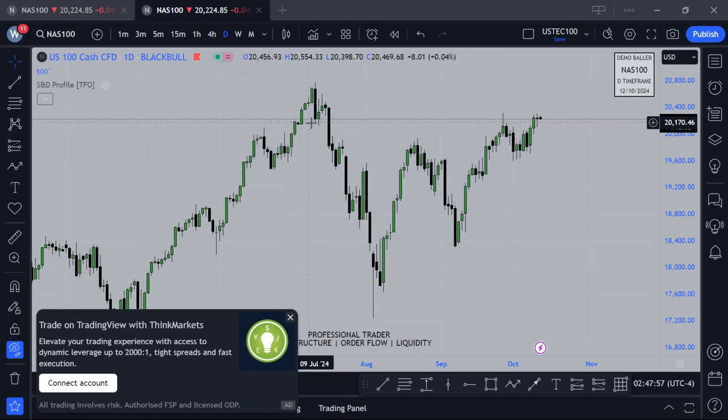But then liquidity was resting below this low. We had a pullback, we took out that liquidity, and so forth and so forth. But to get into the recent